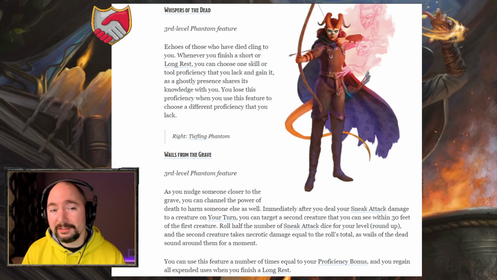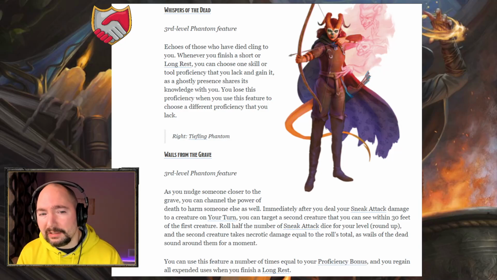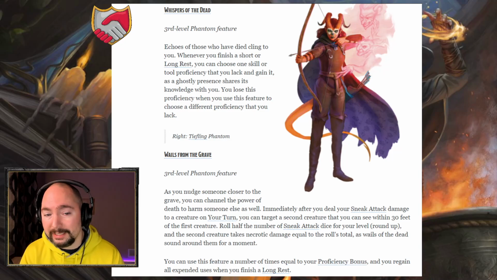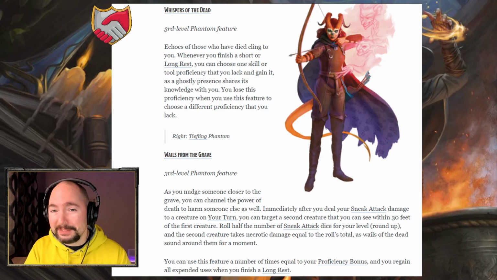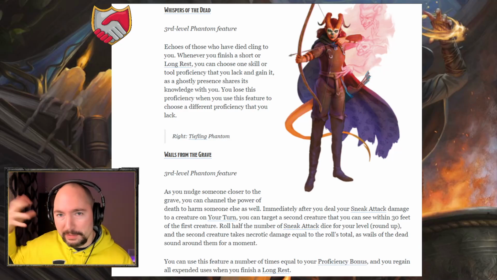At 3rd level, when you get this subclass, first you get Whispers of the Dead. Echoes of those who have died cling to you. Whenever you finish a short or long rest, you can choose one skill or tool proficiency that you lack and gain it, as a ghostly presence shares its knowledge with you. You lose this proficiency when you use this feature to choose a different proficiency that you lack. This is, wow, as if rogues weren't already great at skills and tools to begin with. This makes them even better, and I like the RP implications of this, as you have these spirits of the